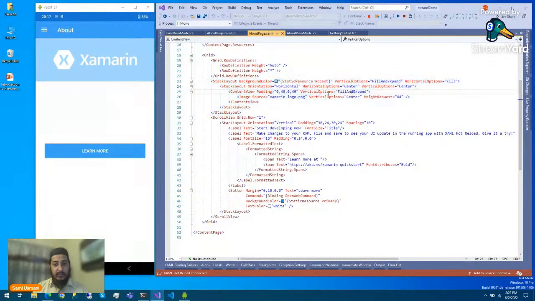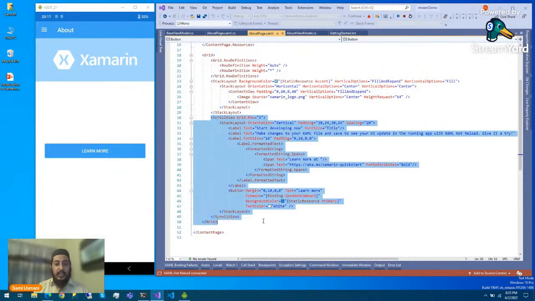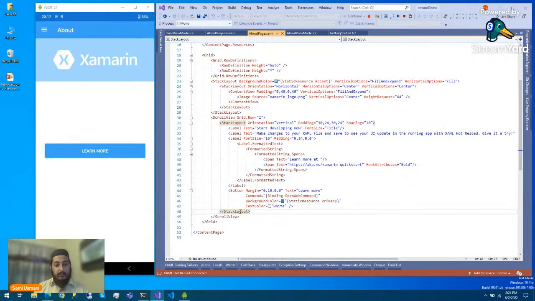And you can see that we have vertical options fill and expand, and horizontal options center. All these values are somewhat similar to what we get on websites and in other mobile development frameworks, so it will be quite similar, and few people would be familiar with these options. And then we have a scroll view, and inside that scroll view we have a stack layout.